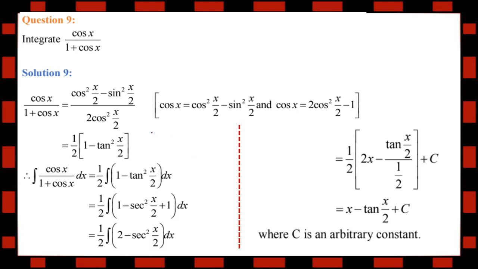Cos x upon (1 plus cos x). Here, if you remember, cos 2 theta is equal to cos square theta minus sin square theta. Here the angle is x, so we will take its half, x by 2. In the numerator we are applying that, and in 1 plus cos x we are applying cos square x by 2. Split it, cos square x by 2 upon cos square x by 2 will be cancelled, and overall we have taken 1 by 2 common, minus tan square x by 2. Now tan square theta can be written as sec square theta minus 1, but because outside we had minus, the signs will get changed, and then you can solve it, split and integrate.